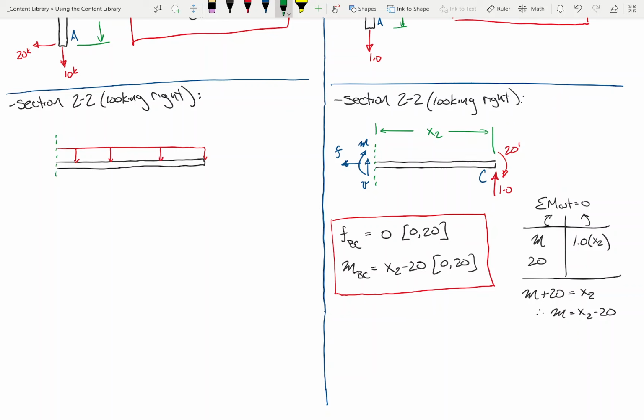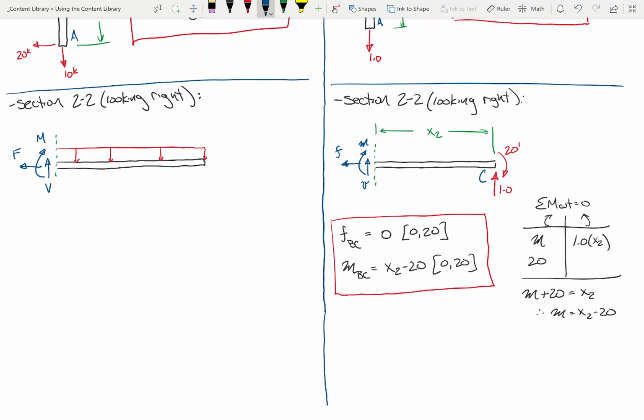There's our section cut. And so just like over here on the right, we have a shear, a moment, and an F. Okay? One of the things I'll tell you about virtual work, and this is particularly true with frames, is that whenever you're writing these expressions, we've gotten into the habit of adopting a specific sign convention, but what's really important is that whatever sign convention you use here, you use the same directions over here so that your assumptions match. So you want to be very cognizant of that.